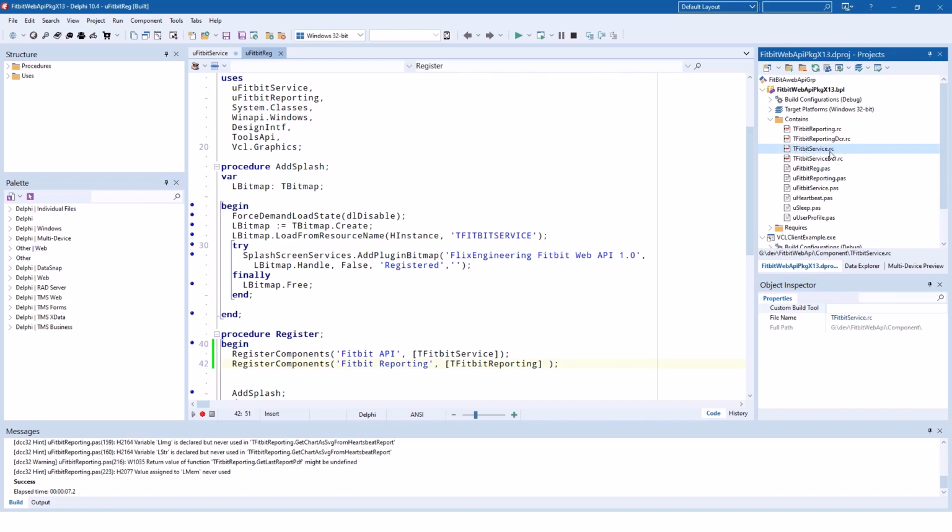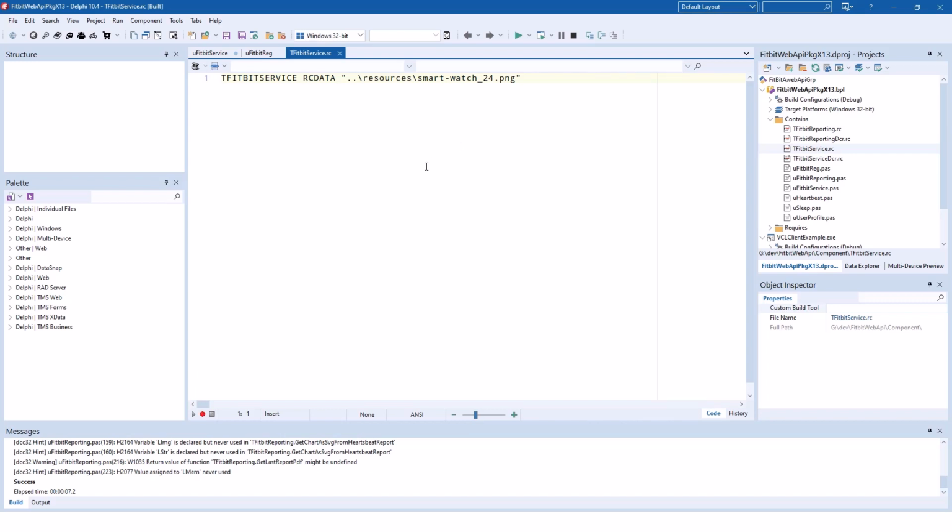We need to add an RC file for the resource compiler. And I added two separate ones because this one we need for an FNC control. If your component is just for the VCL, you don't need this, but you need it definitely for an FNC control. So you need a 24 times 24 PNG, and you add the RC file with the name of the component, which is TFITBITSERVICE, all capitalized, very important because it's being distinguished, and then RCDATA, which means that binary information is supposed to be included,